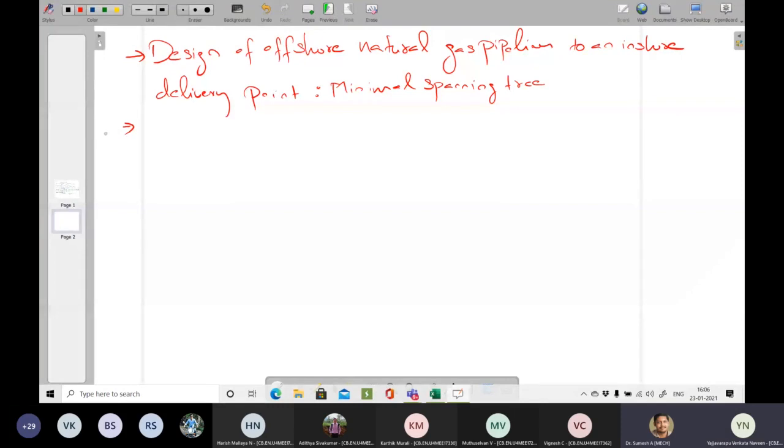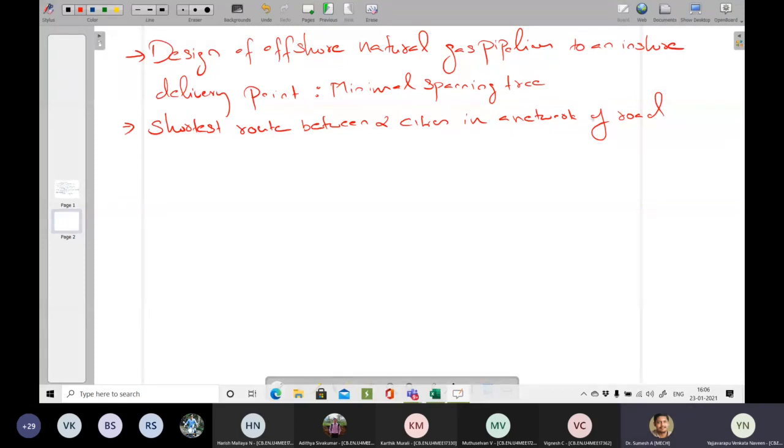Next it is the shortest route, which I already told you: the shortest route between two cities in a network of roads.